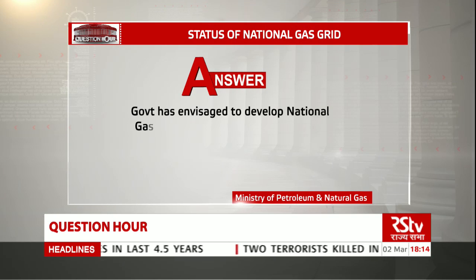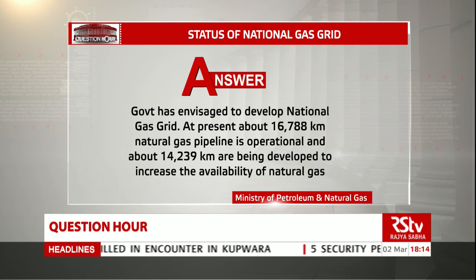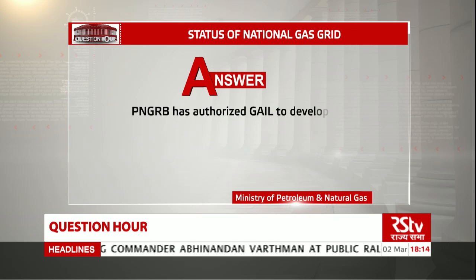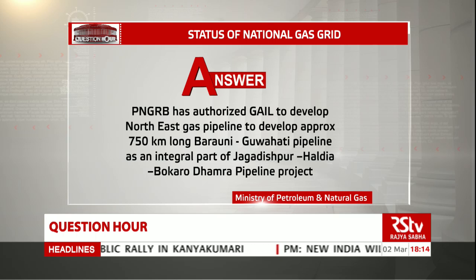At present, about 16,788 kilometres natural gas pipeline is operational, and about 14,239 kilometres gas pipeline are being developed to increase the availability of natural gas across the country. These pipelines have been authorized by Petroleum and Natural Gas Regulatory Board and are at various stages of execution, pre-project activities, laying, testing, commissioning. The PNGRB has authorized GAIL to develop Northeast Gas Pipeline to develop approximately 750 kilometers long